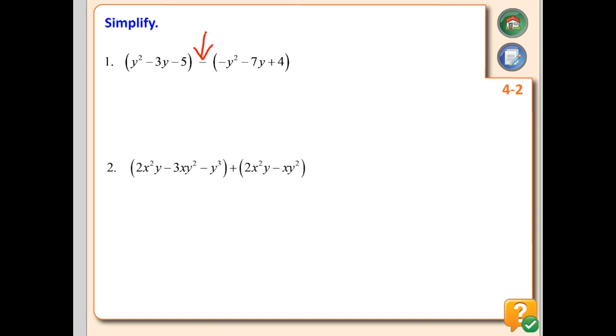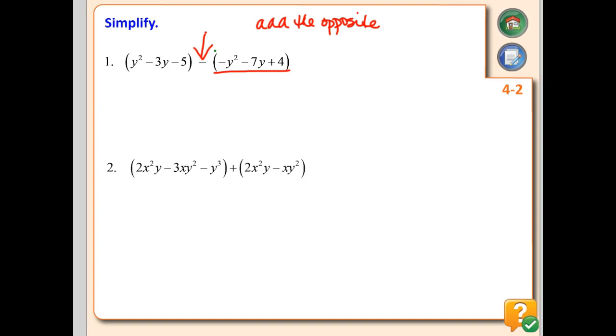Remember, subtraction, we learned back in chapter 2, means to add the opposite. Okay, add the opposite. So that means that everybody who comes after the minus sign has to change their signs. Now, personally, I like the vertical method. So what I like to do is this is my